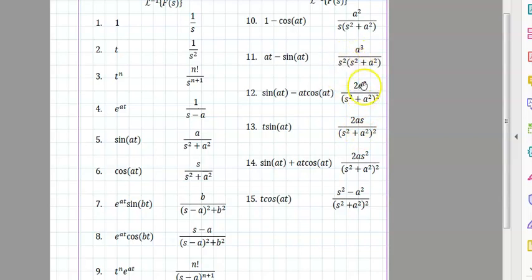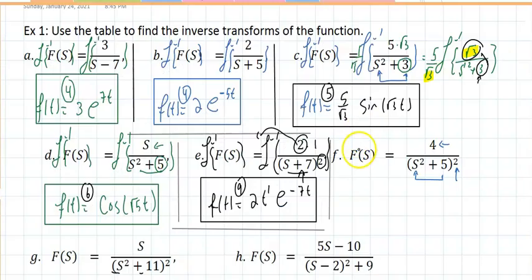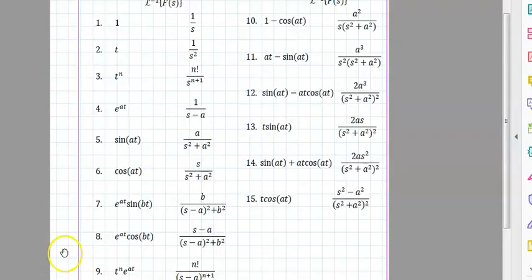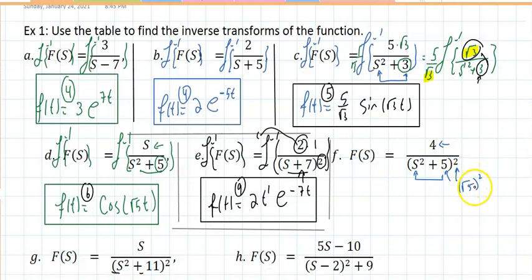It can be that one because there's an s squared there. It's exactly this. It's s squared plus a squared, squared. Perfect. So if I think of that as radical 5 squared, that'll work. But I need to match it. So it's 12. I need 2a cubed. Whatever this value is, I need the cube at the top. So I need 2 times that. I could take the 4 and I could say, you know what? The top is actually 2 times 2 radical 5 cubed. And when I apply the Laplace inverse on this,